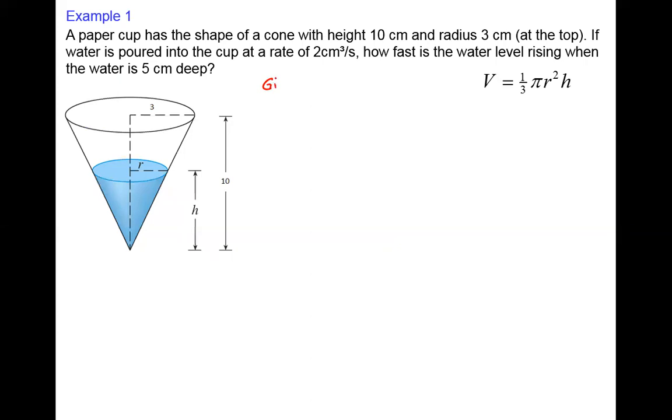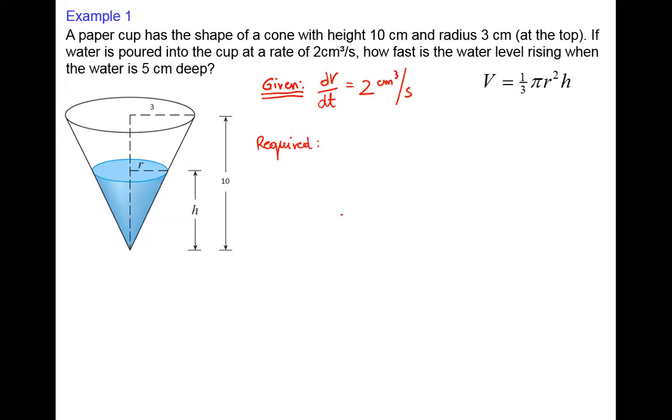That means, what is given? The given information is 2 cubic centimeters per second, which is the volume, we can recognize based on the units cubed. It's the rate of change of the volume of the cone of water inside. That means the rate of change of volume with respect to time, since this is a function of time, is 2 centimeters cubed per second. Now, what we're looking for,